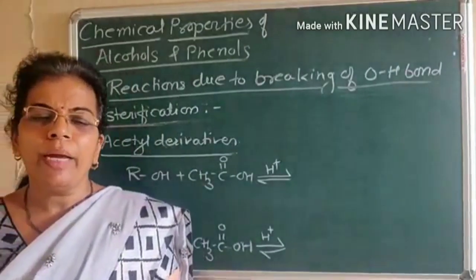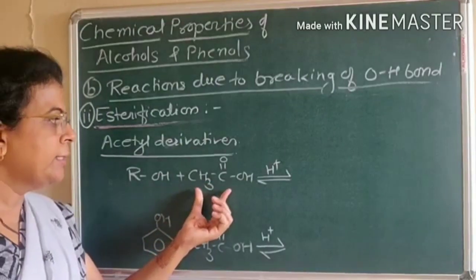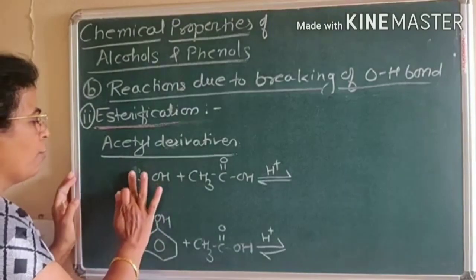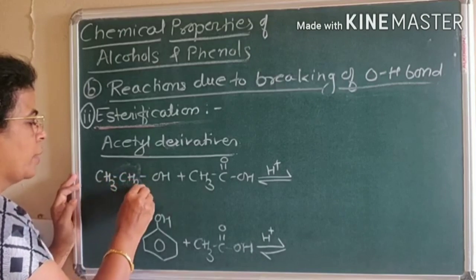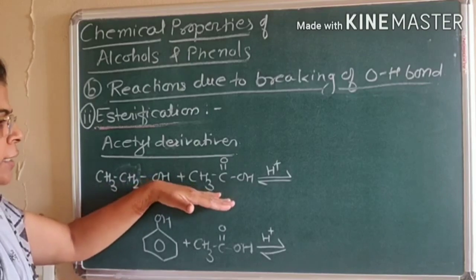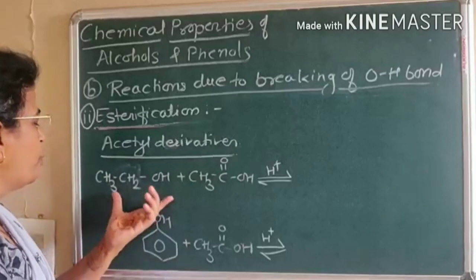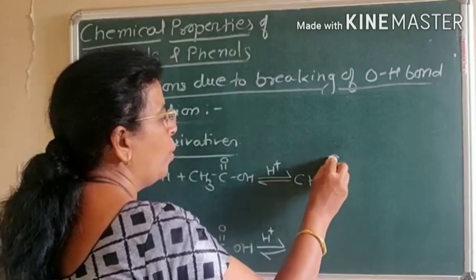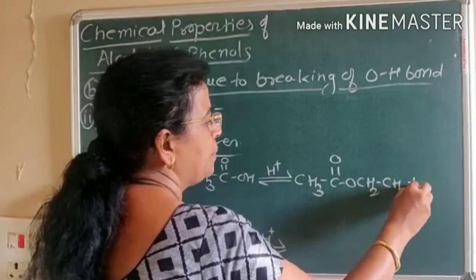Now we are going to see some examples. Here, if we use acetic acid, this is CH3 C double bond OH, and for alcohol, if we take the example of CH3CH2OH, then this ethanol will react with this acetic acid in presence of concentrated H2SO4. Then esterification takes place to form CH3 C double bond O CH2CH3 plus